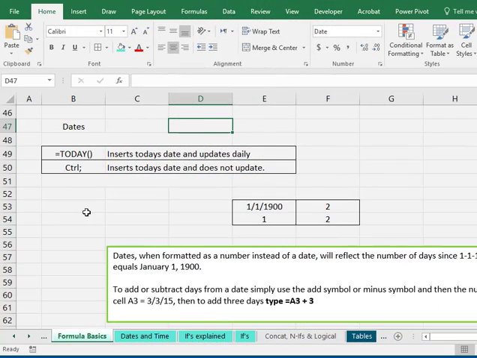One important thing you need to know about time is that in Excel, time begins on January 1st, 1900. That's their starting point. So the number 1, if you were to format it as a date, would be January 1st, 1900. The number 2 would be January 2nd. So let's take this number 2 right here,